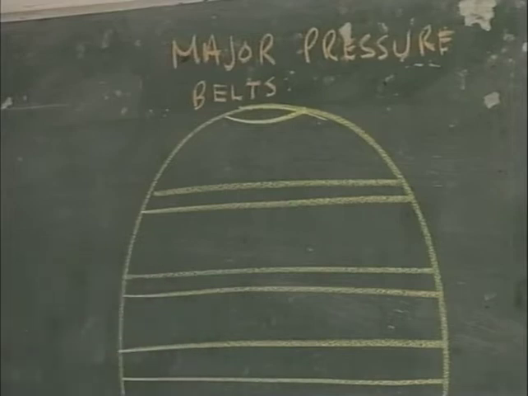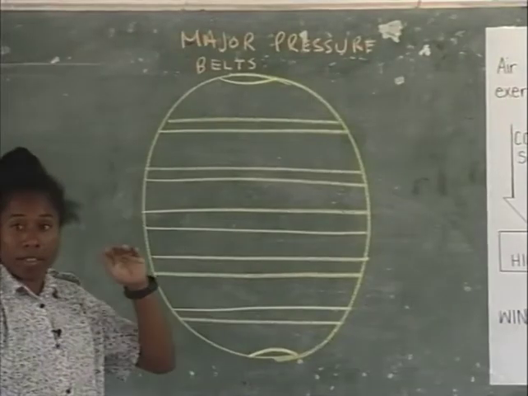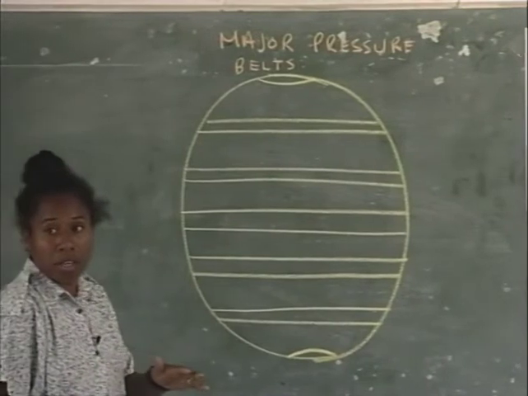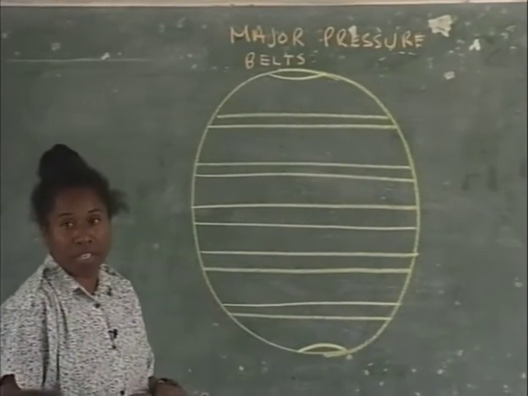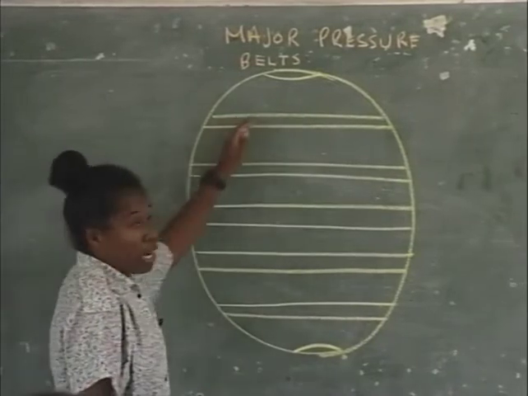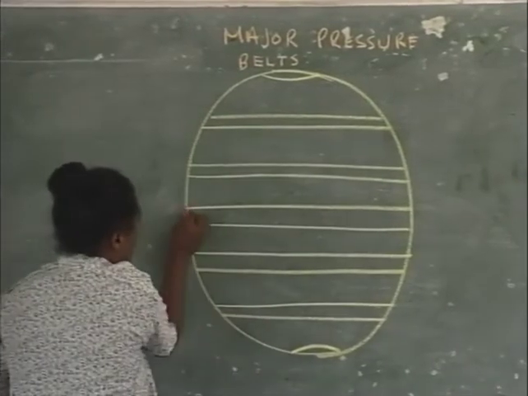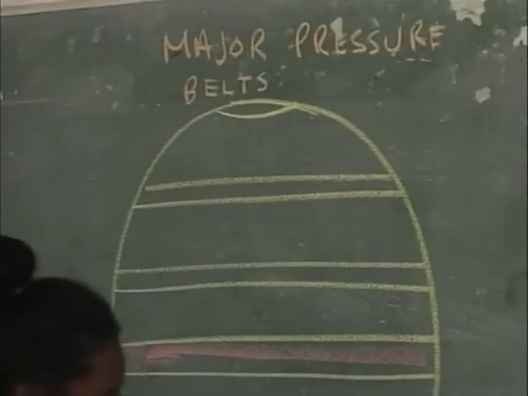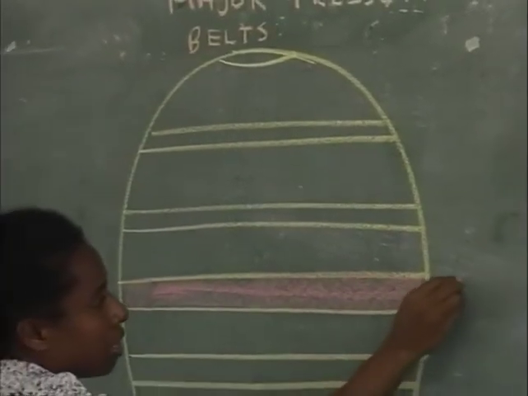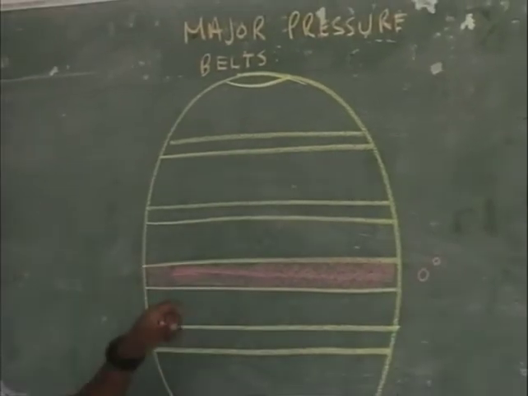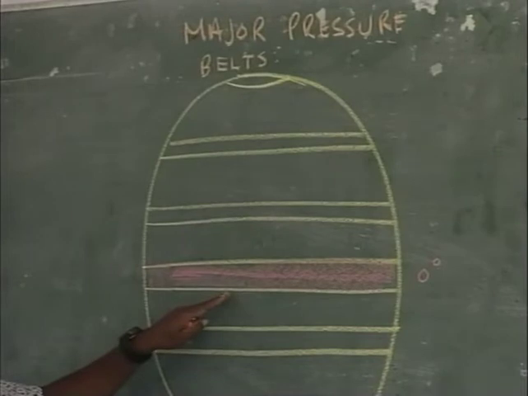So on a global scale, on a large scale, there are certain areas around the world which are defined for high pressure or low pressure regions. On a global scale, we have the equatorial region here. This is the center, and the equatorial region, we are looking at 0 degrees and might extend to about 10 to 15 or 23.5 degrees north and south of the equator.